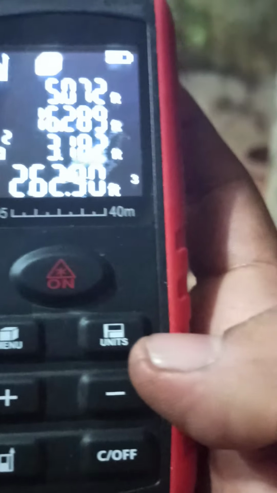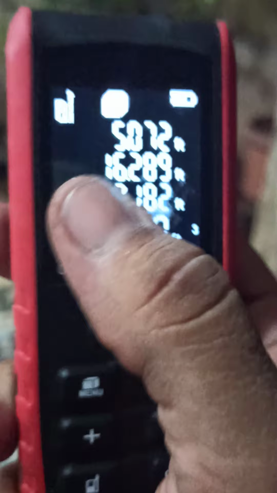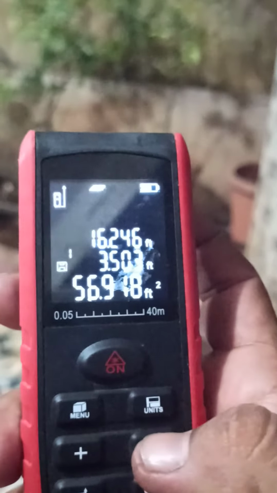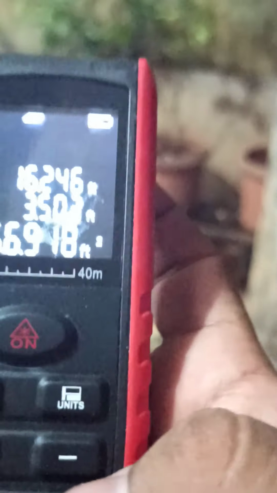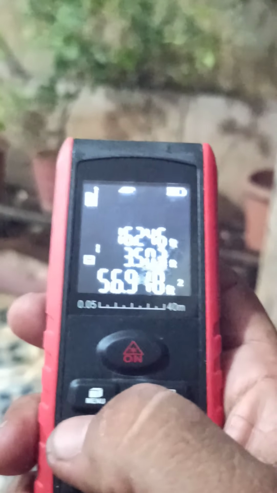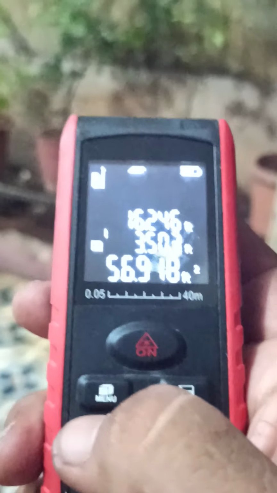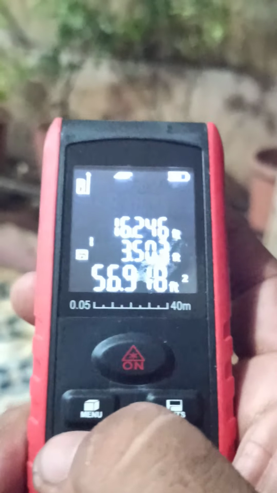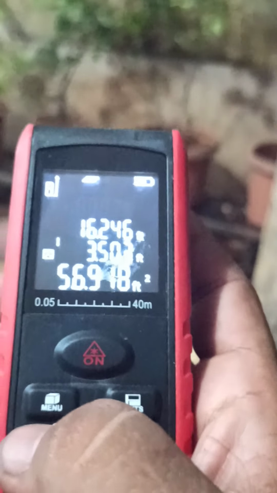So now let us go back to memory. So what does memory have? 1 plus is memory. So here if you see there are two values stored here. So if you do minus, it goes to the first value. You do minus again, it goes to the second value. You do plus again, it goes to the first value. I don't think they should give such dirty options. Plus should increase and minus should decrease, because you can't have a rotating menu when you have 2 buttons.